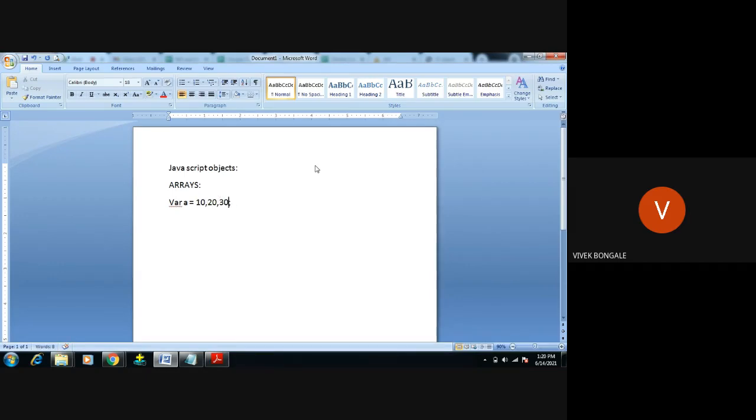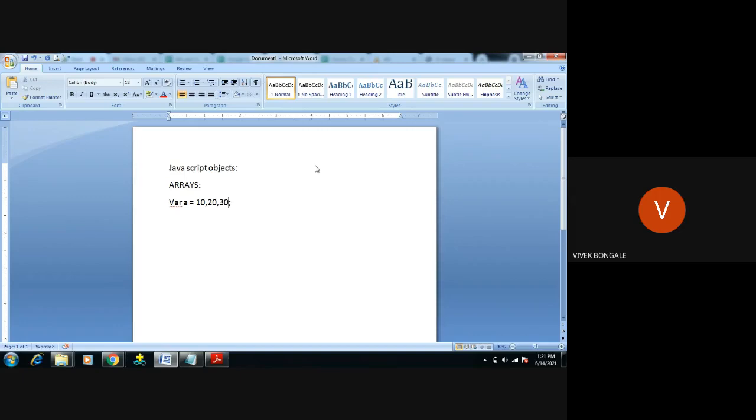In order to store different values under one variable, we're going to use a concept called arrays. That is supported in JavaScript. These arrays are data structures. How this data is going to be managed, how it is going to be stored and used in the memory, how this data is going to be structured. This is one of the concepts, arrays. Arrays come under data structures. I hope you guys have read about data structures, right?